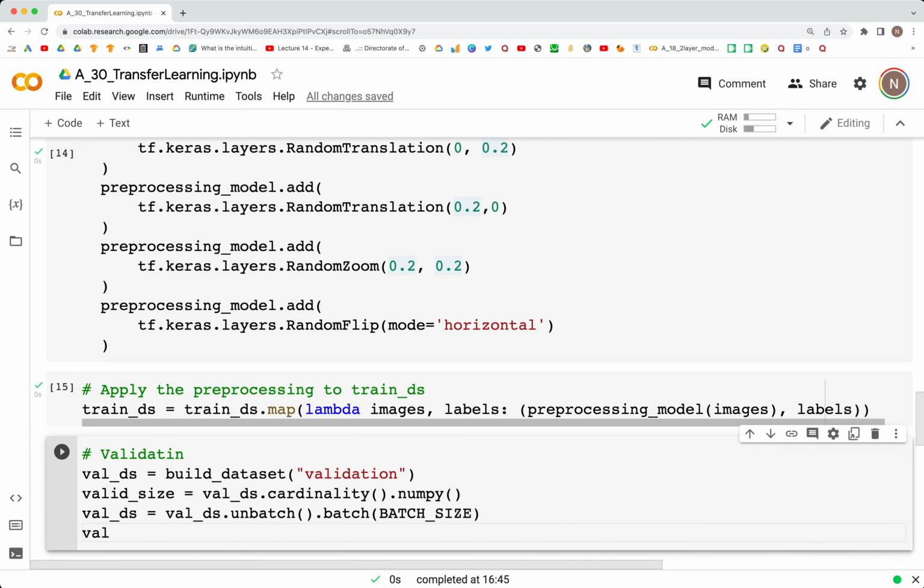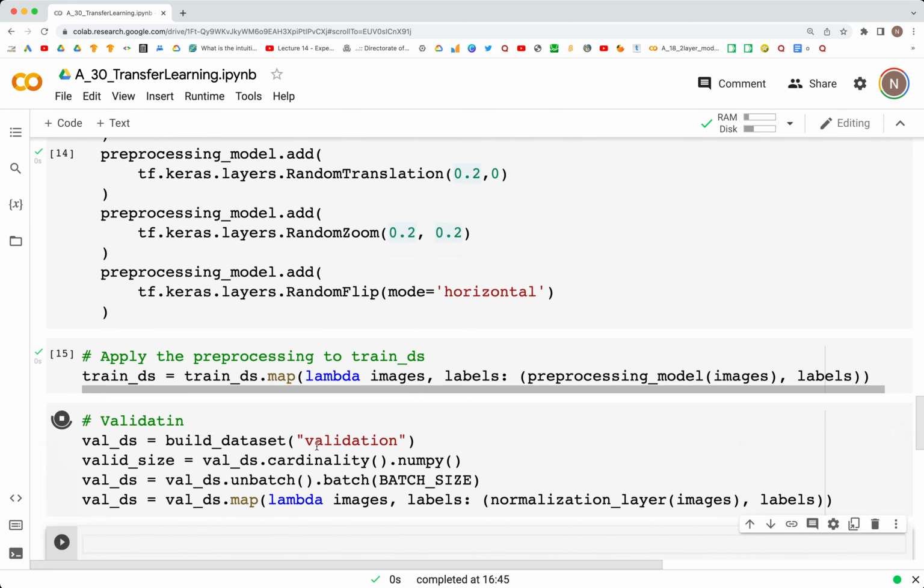Next we have validation_ds is equal to, we'll map the normalization, not the entire preprocessing, validation_ds.map(lambda images, labels: and here we'll specify the normalization_layer, and the input will be images and labels. So that's our validation